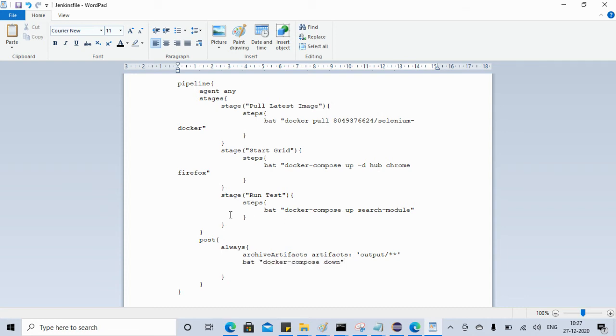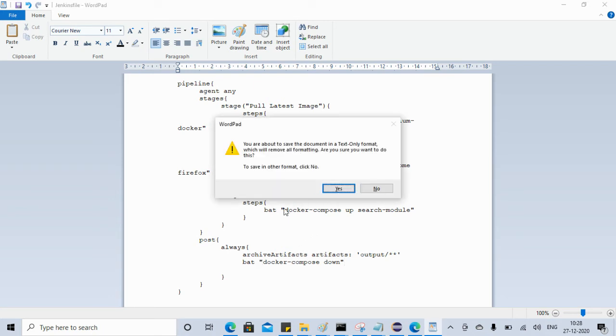Okay, and sometimes we need this in the post. What does this mean? Suppose for any reason you stop your execution in between, while you still have test cases executing. Suppose I don't have it here and I have it somewhere here. I have created one more stage, okay, stop the test or something like that. But suppose you stop your execution somewhere here, so this step will never be executed. But if you put it in the post, it will always be executed, even whenever you stop. Post will always be executed. That's why we are having it here. Okay.